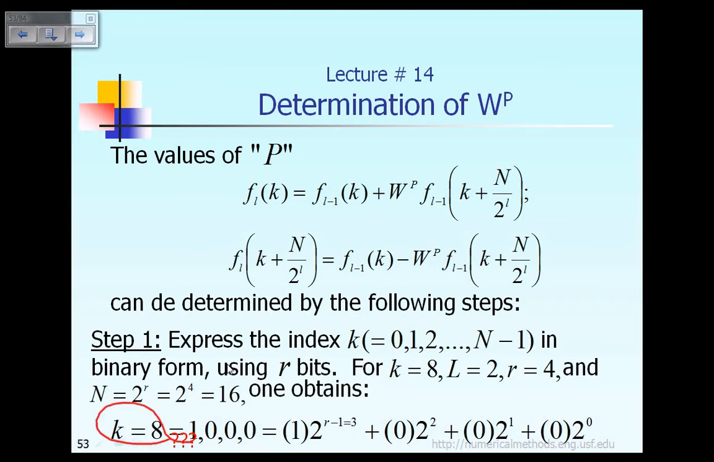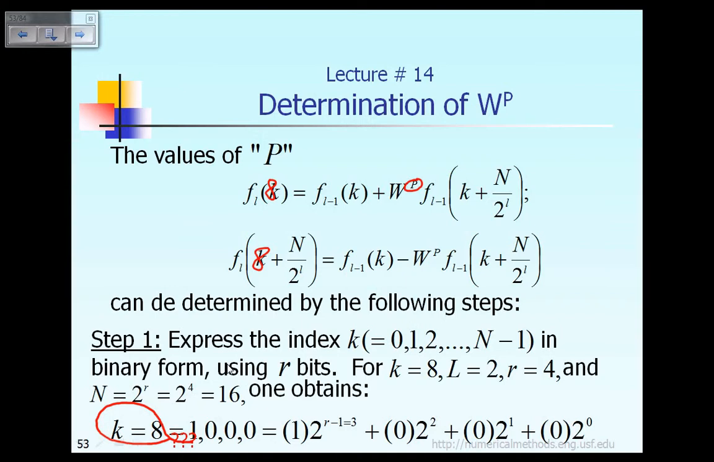Now, what does that mean? When the index k is equal to 8, how do we figure out what the value of p should be? The way to figure out the value of p is rather complicated, and let me try my best to explain it to you. First of all, for k equal to 8, we can